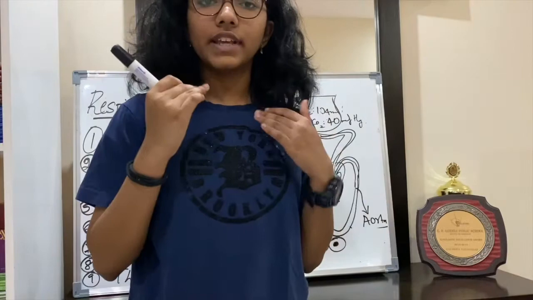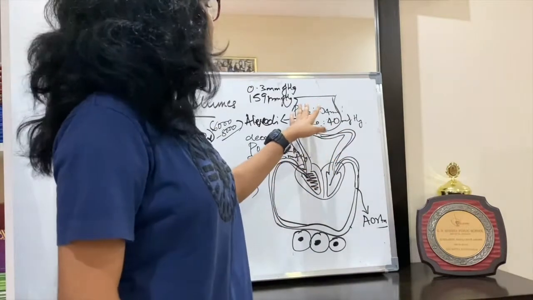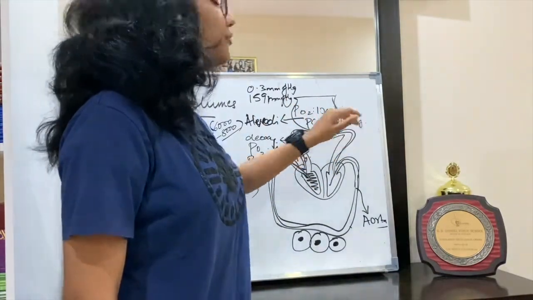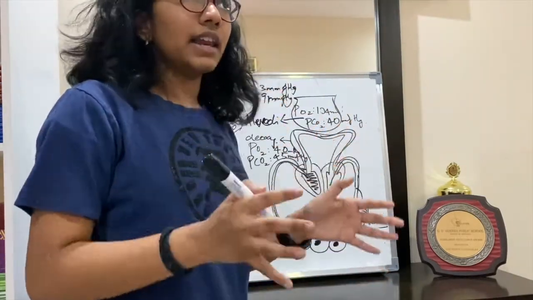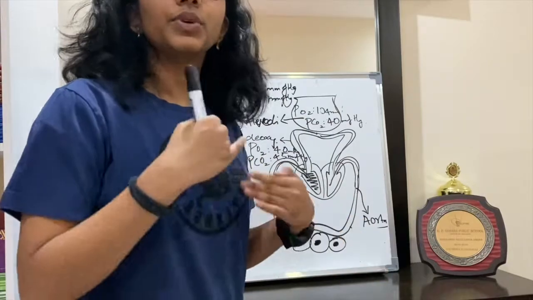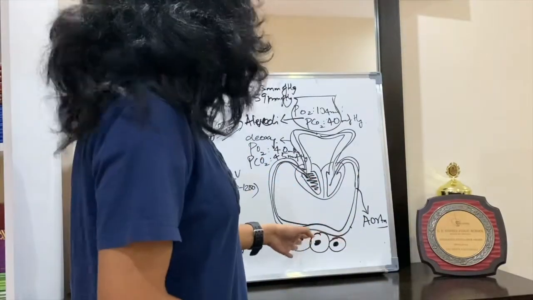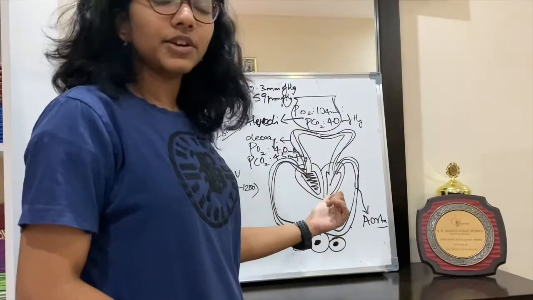that gases move from a region of high partial pressure to low partial pressure. Okay, now in the alveoli there is oxygen and carbon dioxide with their partial pressures as 104 and 40. Now tissues, say veins, they collect all the deoxygenated blood without much oxygen, which has been already used up by the tissues, and they take it through the vena cava into the right side of the heart.